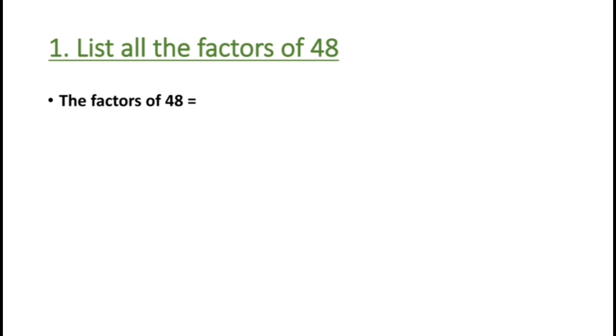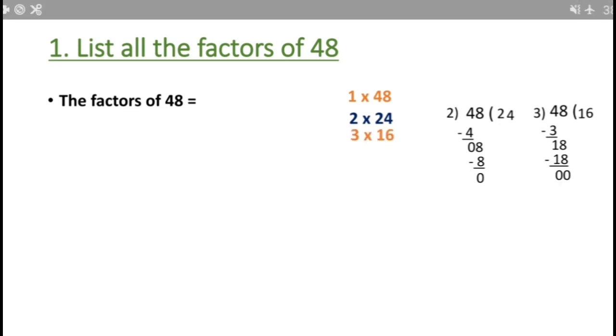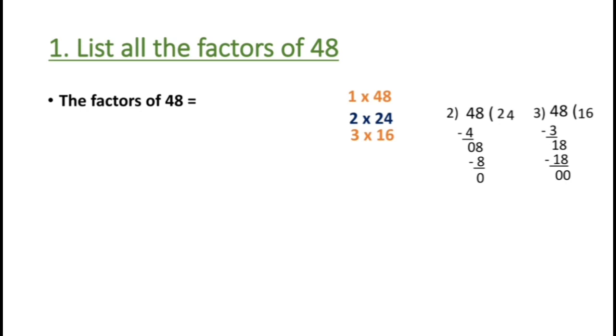the factors of 48. Let us divide 48 by the 1 table. 1 forty-eight is 48. In the 2 table, how many times do we get 48? 2 twos are 4. We will take 8 down. 2 fours are 8. The remainder will be 0. So in the 2 table, we get 24 times. 2 twenty-fours are 48. In the 3 table, 3 ones are 3. Remainder will be 1. We take 8 down. 18. 3 sixes are 18. So in the 3 table, we get 16 times. Then, do we get it in the 4 table?